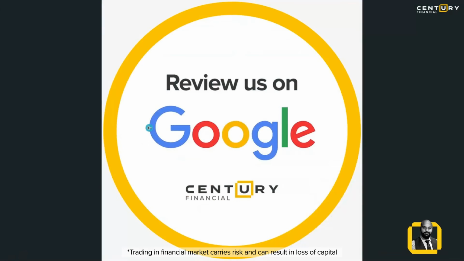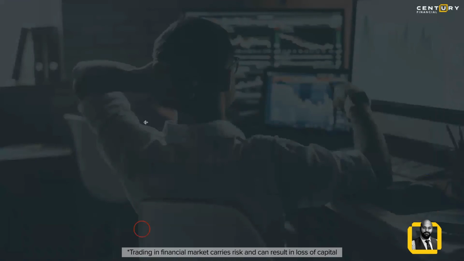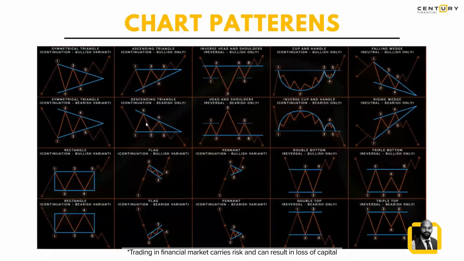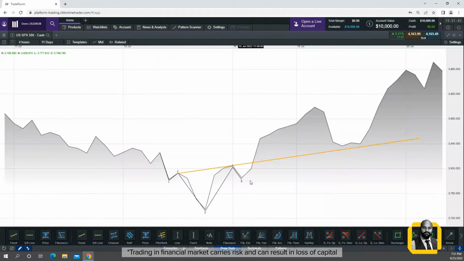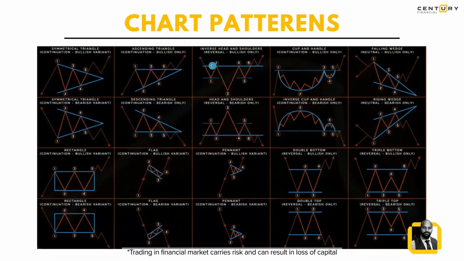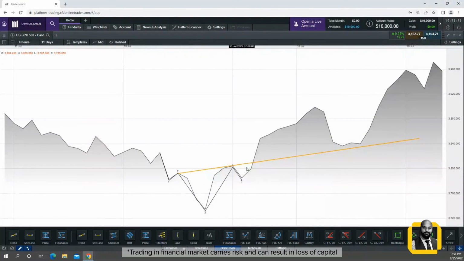If you remember, let me show you the head and shoulder here, right? So pretty much this is how it looks. Now in this case there are two ways you take advantage. This is your neckline, and your neckline does not always necessarily have to be a straight line. It can be slightly curved upward. You can also look at the shoulder is also curving a little on the higher end, so basically it's sloping